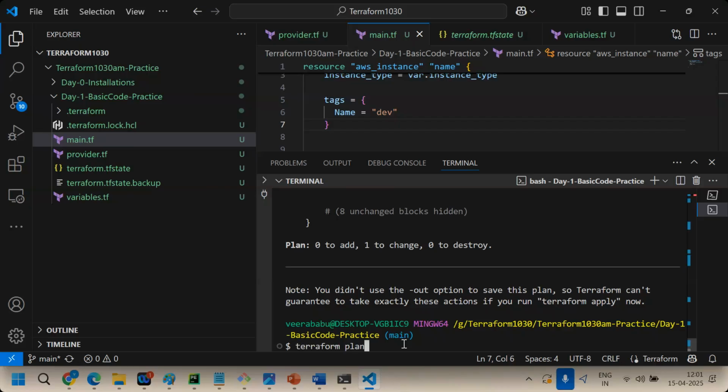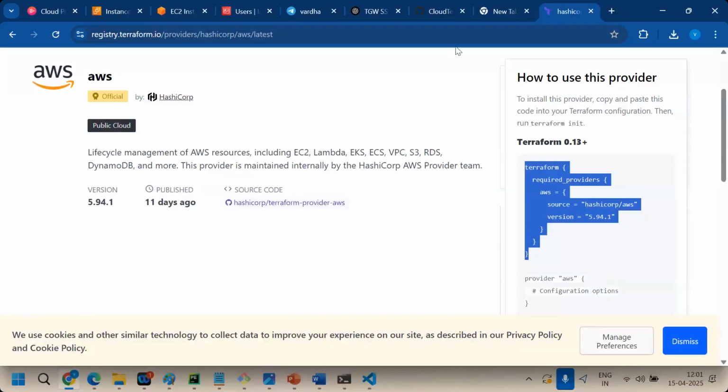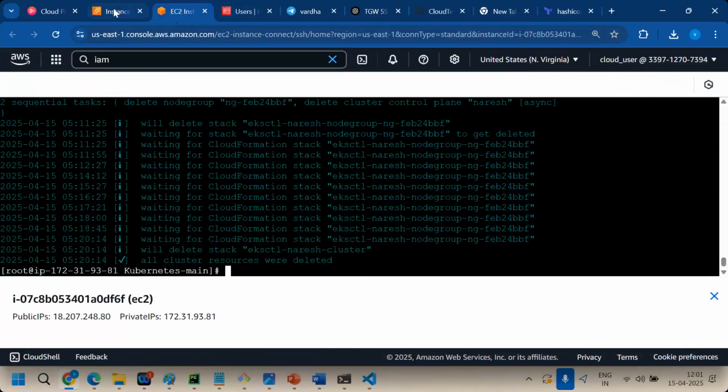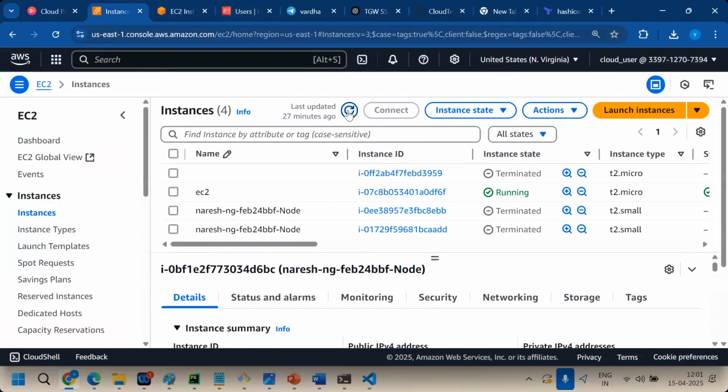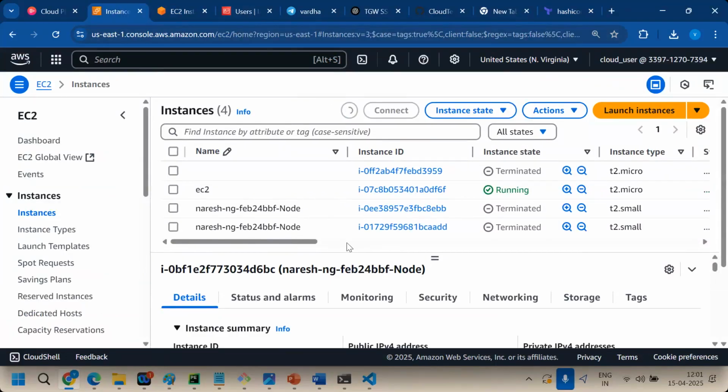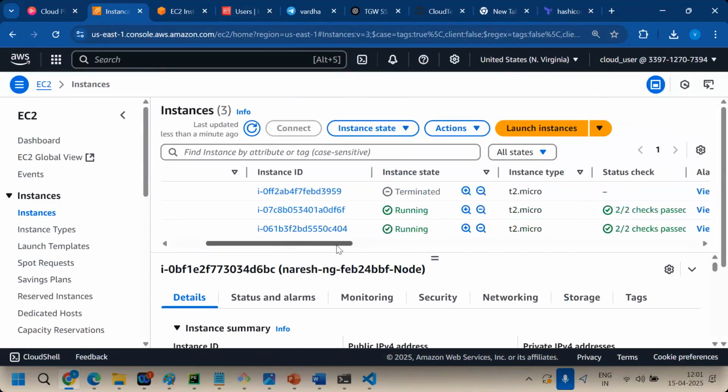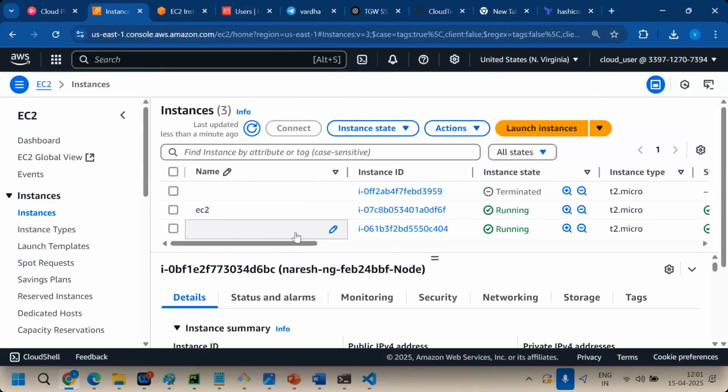So, Terraform plan. If I run Terraform apply, you can give the auto approve option also here. If you give auto approve, you need not mention yes or no every time. Okay. Before that, you can go and check the resource. This is a refresh. The resource is running with no name, right?